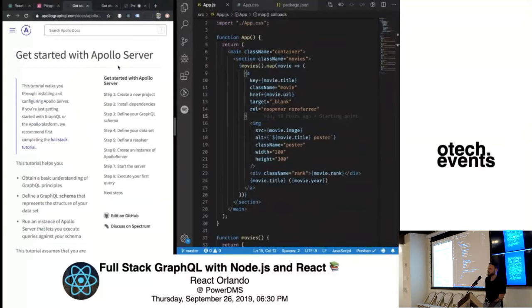I am going to use Apollo for both the client and server. There are other GraphQL frameworks. Relay is the Facebook one. Facebook created GraphQL. They also created React. I guess thanks to Facebook that we're here, right? Relay is more verbose, maybe more powerful for huge applications. I don't know, I haven't used it that much. But Apollo's really easy to get into. They have great documentation and a big community. They've already released the hooks API that we're going to use for this. It's very cool stuff, and it's easy to get running both server side and client side.